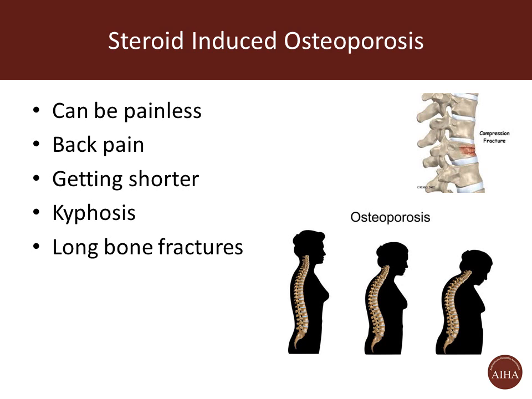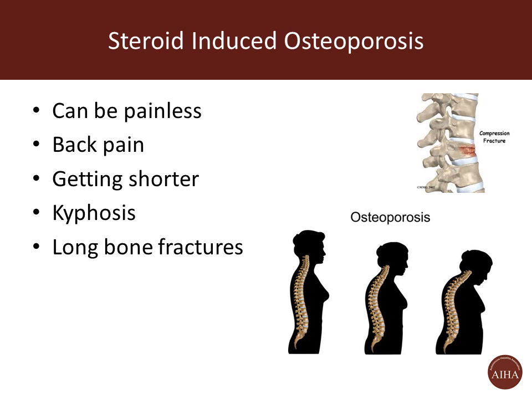But sometimes it can also present with back pain because of a vertebral fracture with minimal trauma. You could be just walking or bending or carrying just a little weight, and you develop acute back pain. So that is sometimes indicative of a compression fracture in the vertebra. Sometimes people just notice that they're getting shorter, or somebody comments on them getting shorter. That's because of some kyphosis and bone loss that occurs in the spine. Sometimes osteoporosis just presents with a fracture with minimal trauma. We call it a fragility fracture, a hip, a wrist.